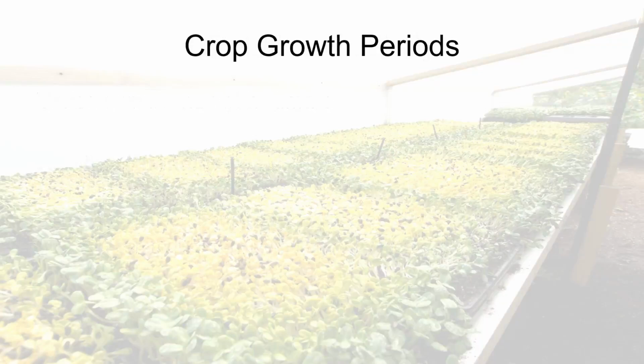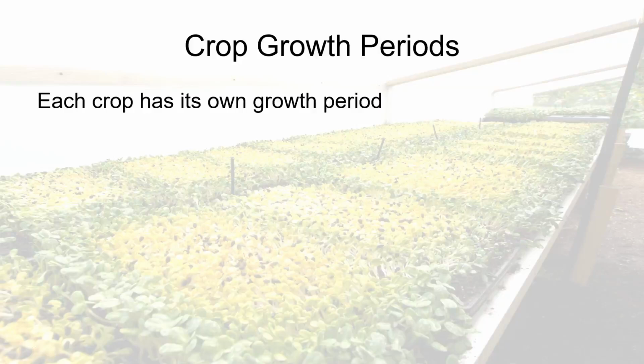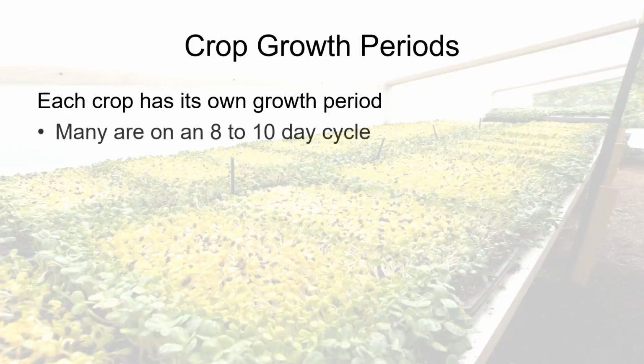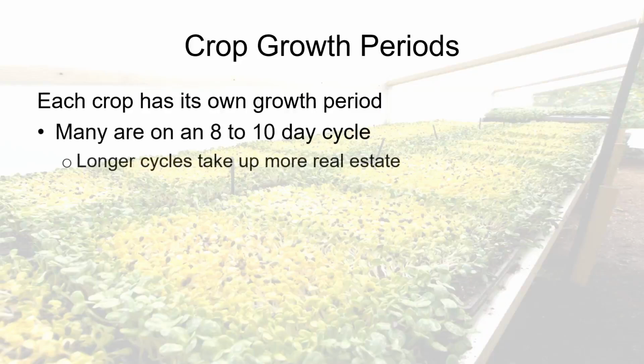So our last aspect of growing to think about is the crop growth period. And that's how long the crop spends from your initial soaking of the seed to its harvest. Now, every crop has its own growth period, which we can influence through temperature and germination time and things like that. Many crops are on about an 8 to 10 day cycle,